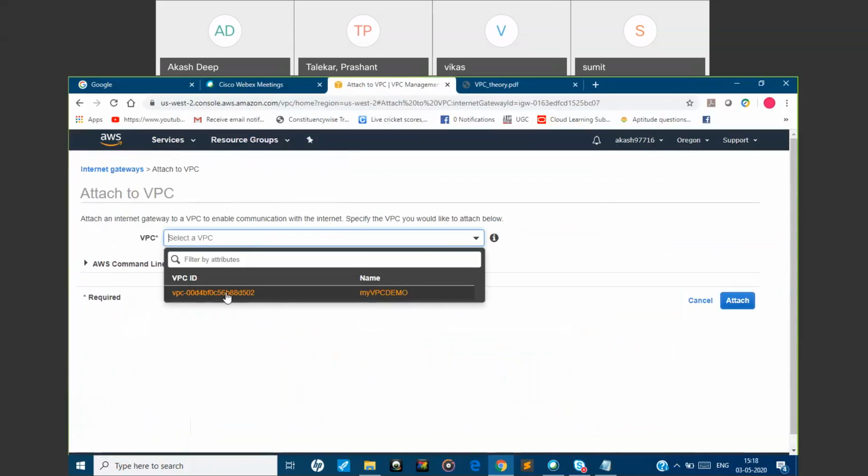So if you have multiple VPCs, here it will show multiple VPCs, and you need to associate one with it. As of now, I had created this my VPC demo. So what I am doing, I am